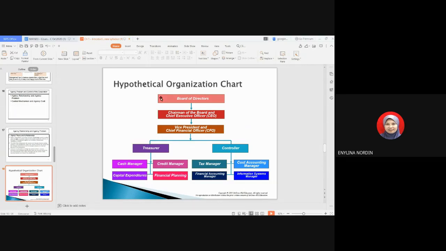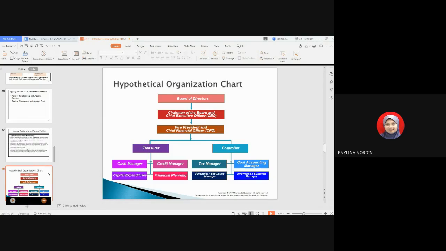Alright, so this is an overview, the hypothetical organization chart. You can see here the top one is the BOD, directors, followed by the CEO, CFO, we have treasurer, controller. So the management team here, all of these included. So they must be acting in the best interest of the shareholders. Why is that? Because the shareholders are the ones who provide funds to the company to run the business. If there were no funds from the shareholders, maybe it will have no money or insufficient cash to run